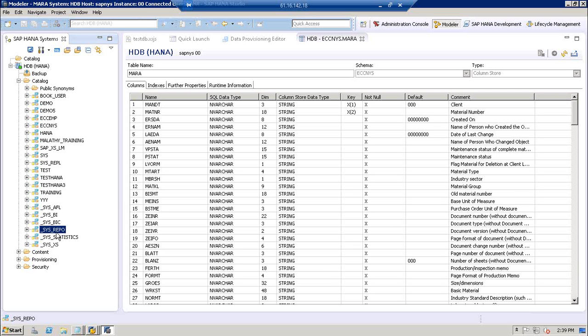Once connectivity is established, you just put the name of the table. It will capture the entire table structure with all the fields, and then you can push the data into that table. So when we are replicating the MARA table or anything, the entire structure content of the table plus the data values will get replicated to the HANA DB.